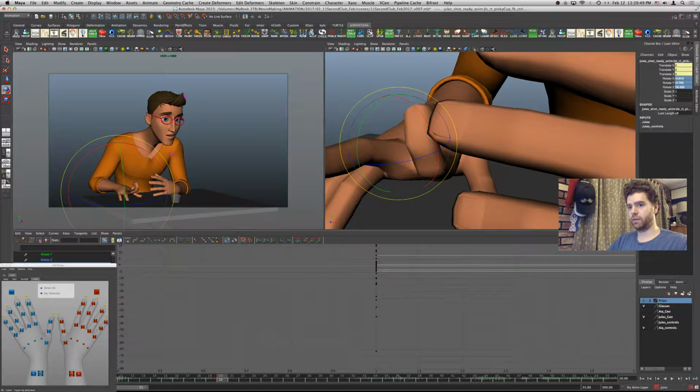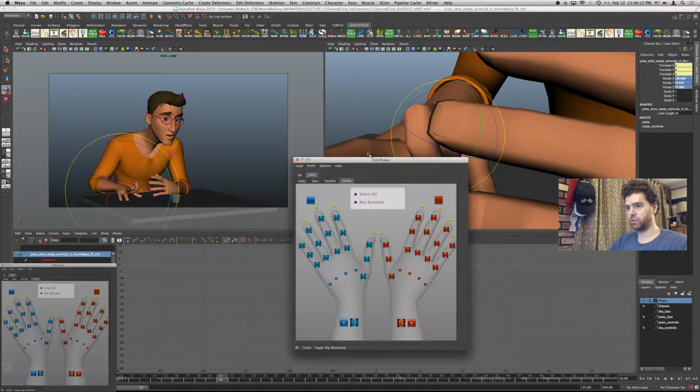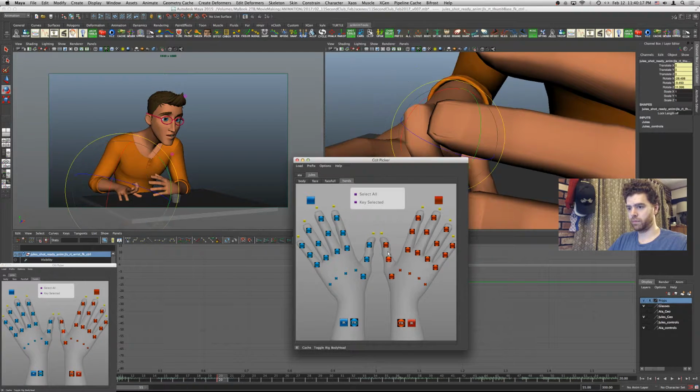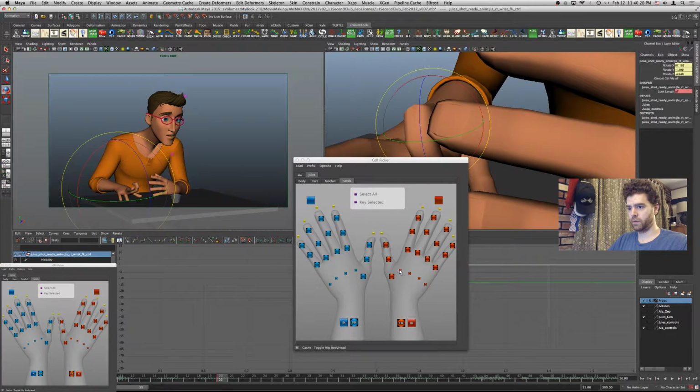So my hands move between shots. This hand I'm going to maintain what's happening. I'm going to turn off my character set. I'm going to select these controls for this hand. So this is a little time consuming.